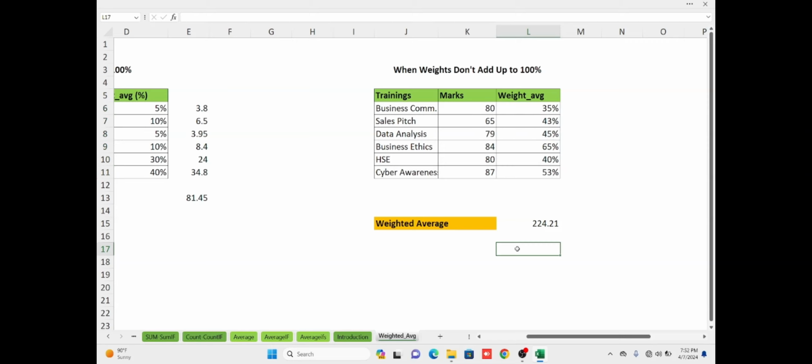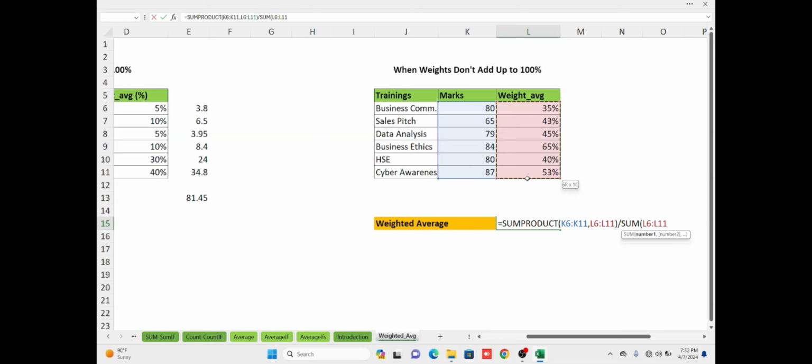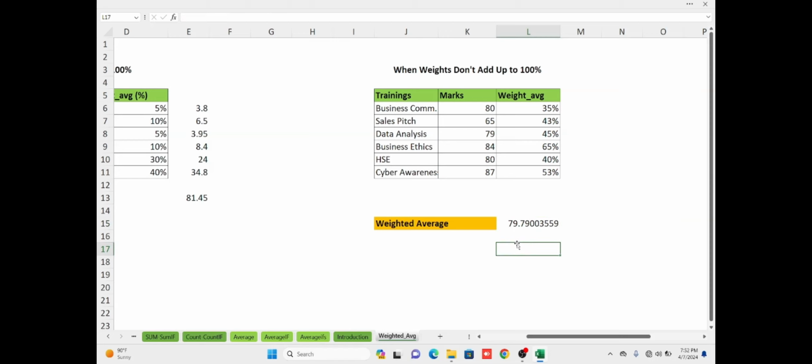Now to do this, let me get rid of this. I will say equals the sum product, the first array here, followed by the second array, this array. We close the parenthesis, divided by the sum of these weights of this particular weighted average here. You close the parenthesis, Ctrl Shift Enter, and you can see the weighted average for this particular